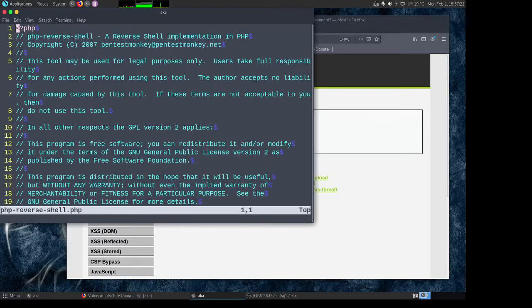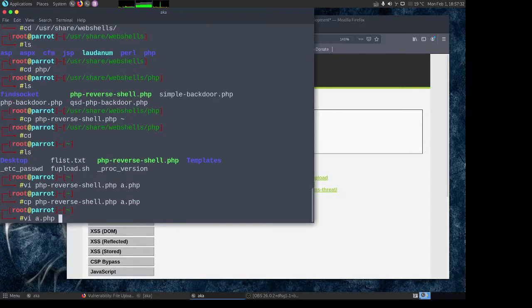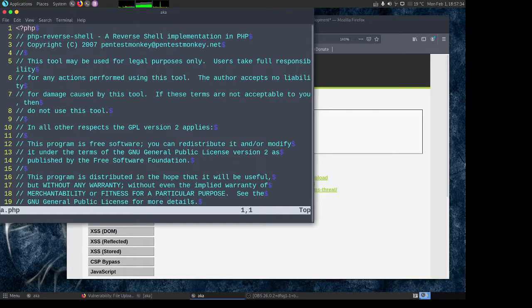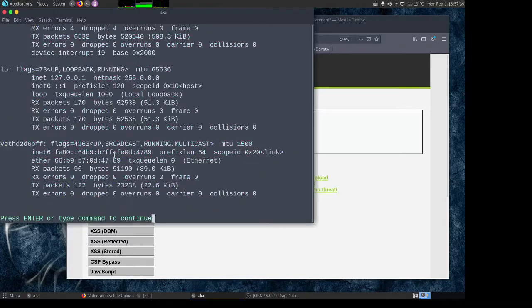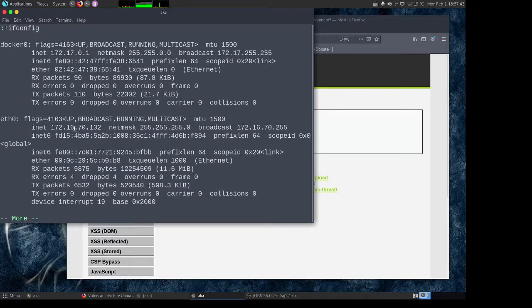Let's say I wanted to copy it, not open it. Copy php-reverse-shell to a.php, and then I will change this and check my IP address. I'll use the 172 IP address because I am running this on Docker.